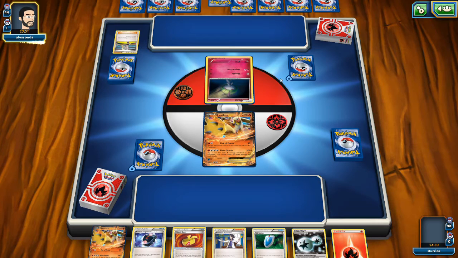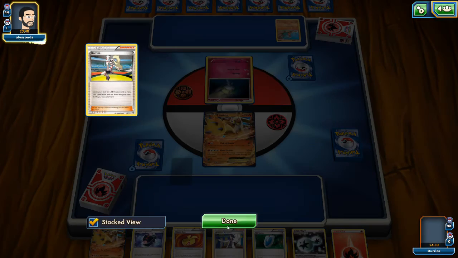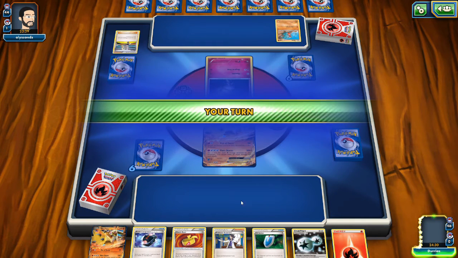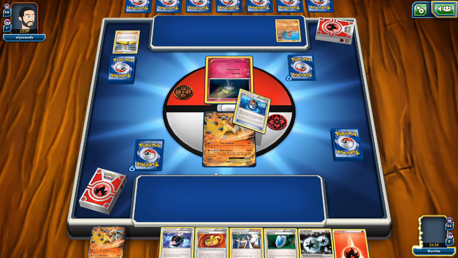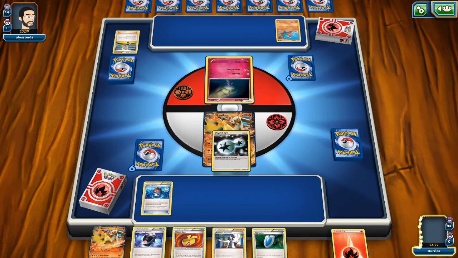Gets a Puzzle of Time with the Colress. That's interesting, because my opponent only has a Colress in the discard pile to use with the Puzzle of Time. I will for sure try to get a knockout on this route, so we need to get a knockout as soon as we can. And that is a pass of the turn. That is a terrible start from my opponent. We'll put down our Roggenrola, we'll attach our DCE, we'll attach...